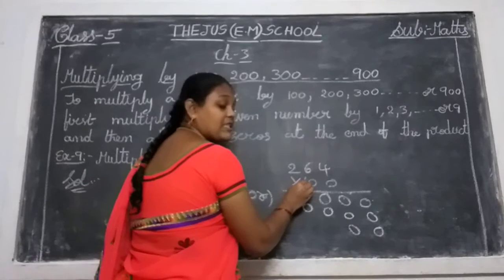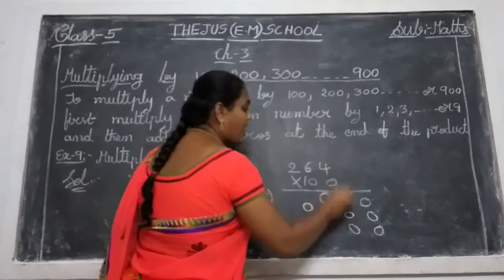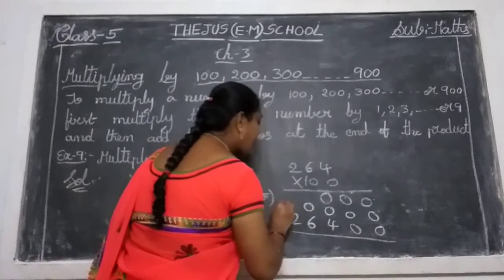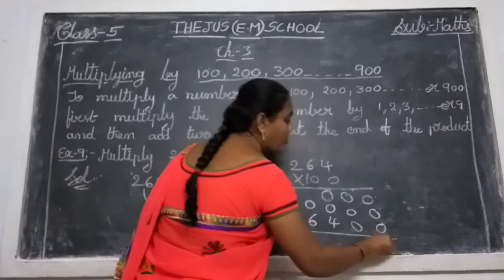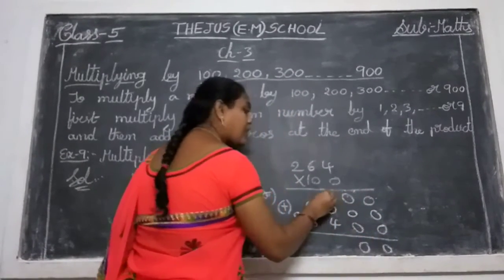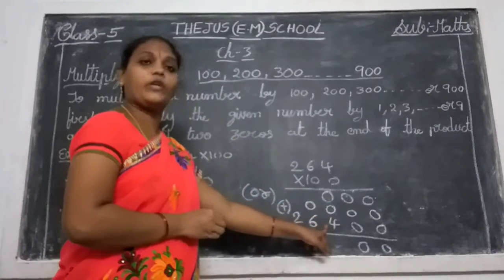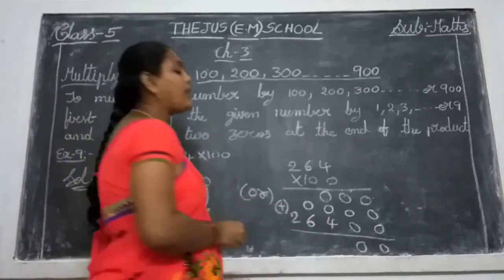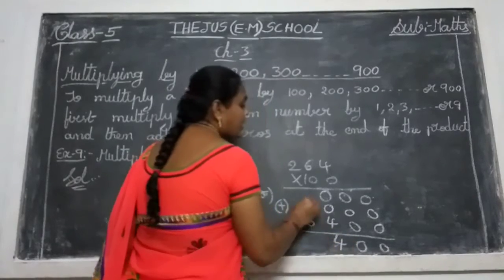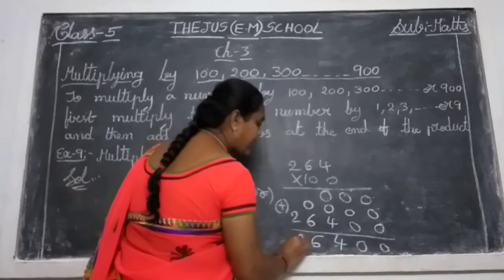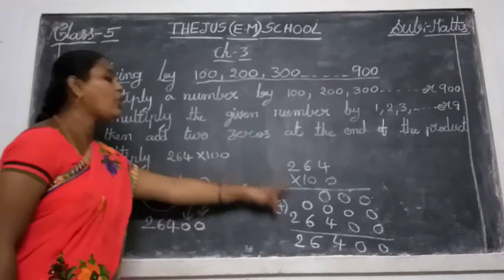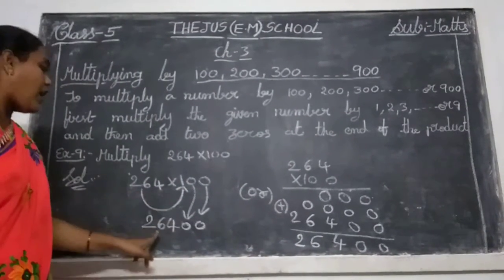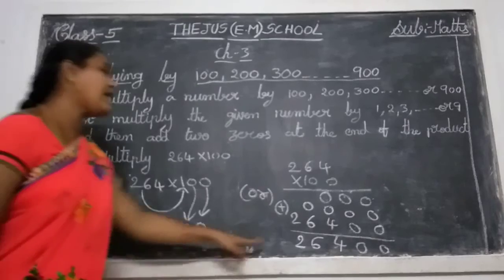Now 100s place. So now we start the answers in the 100s place. 1 4s are 4. 1 6s are 6. 1 2s are 2. So do the addition here. 0 plus 0 plus 0 is 0. 0 plus 0 plus 0 is 0. 0 plus 0 is 0. 0 plus 4. Any number added with 0 becomes the same number. So 0 plus 4 is 4. 0 plus 6 is 6. 2 write directly. So you do the multiplication normally and the answer is 26400. You do the multiplication this way, the answer is also 26400. So the same answer is there.